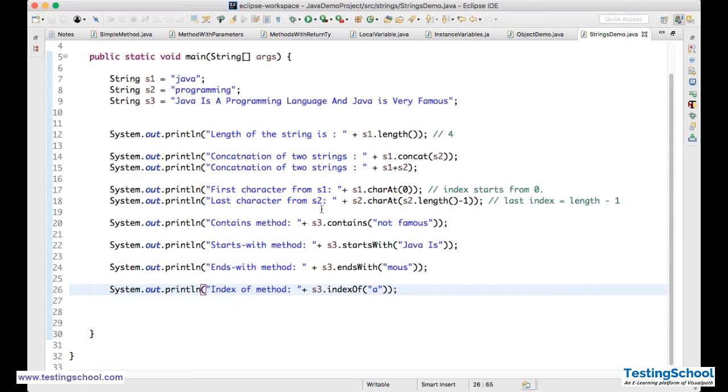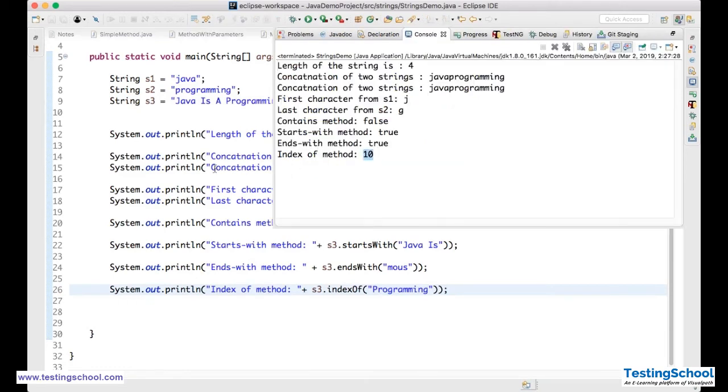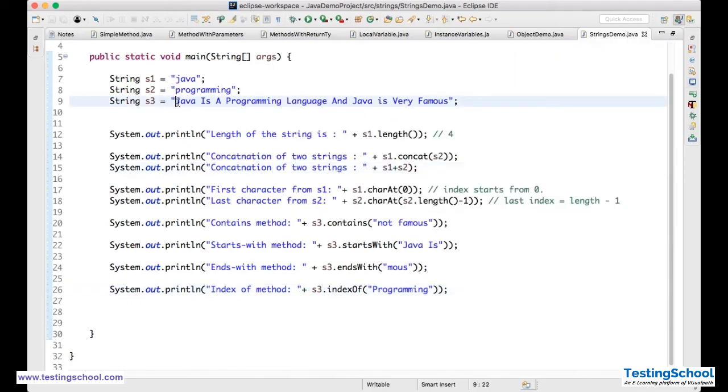You can give this entire string also, but it considers only P. It is in the 10th position. We'll see that: 0, 1, 2, 3, 4, 5, 6, 7, 8, 9, 10. Right, in the 10th position P is. Whether you give a single character or a sentence or string, even then it will consider only the first occurrence. This is all about the indexOf method.